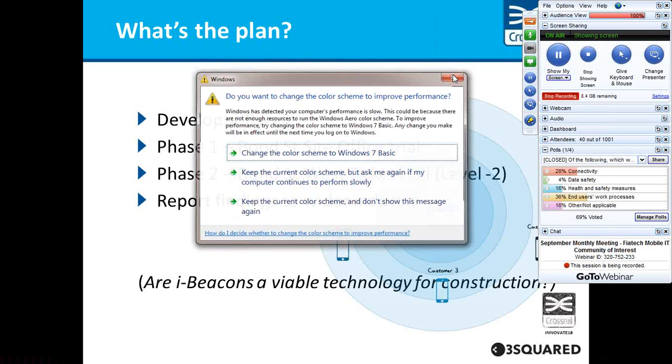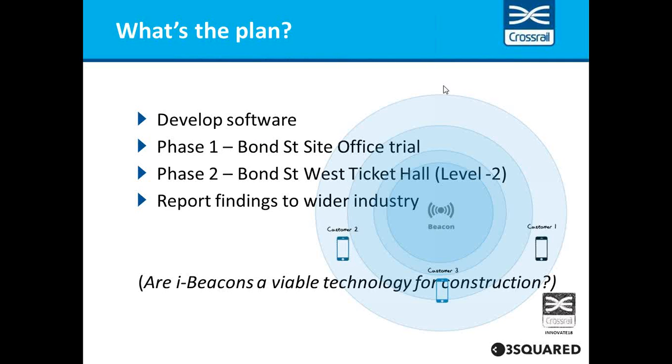Also, it could be used for mobile device management. We've just been through a huge program in Crossrail, which I think I presented on previously, where we're rolling out mobile devices to site. We've had some health and safety challenges around that. We've had to work with our Tier 1 contractors to develop safe use policies and PPE and other guidance process to make sure they can be safely used. But if we can use iBeacons to police the use of those devices, an example being that if I walk into a certain area where I am not allowed to use a mobile device, it will disable the device. It may provide me with a notification. It may restrict functionality.